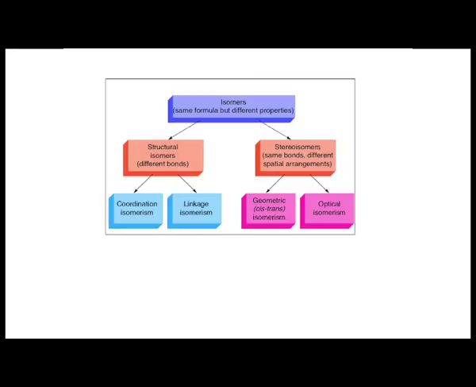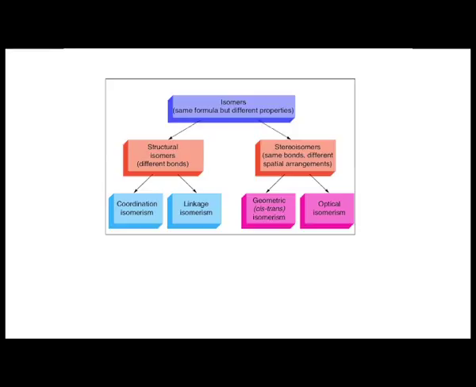So, this flow chart is very useful to remember. Why are we talking about these isomers? They have the same formula but different properties, and we go for the corresponding structural isomers. Structural isomers, not only the two we have just discussed, are of 4 types: the linkage, coordinate, ionization and solvent. So, these are the 4 types of this isomerism we can have, and on the right hand side we have the stereoisomers.